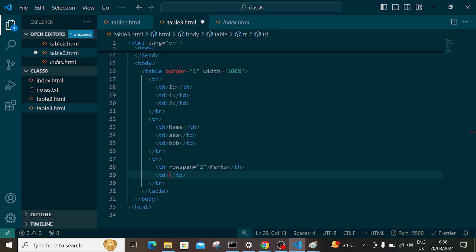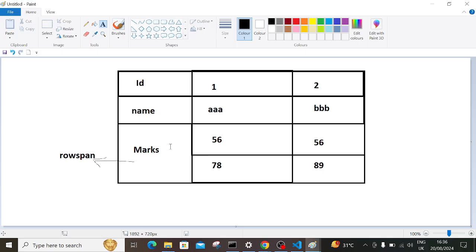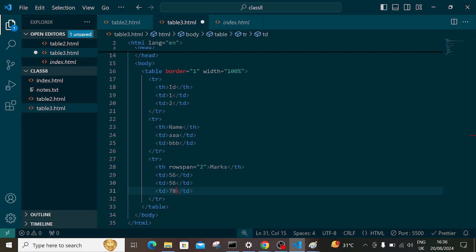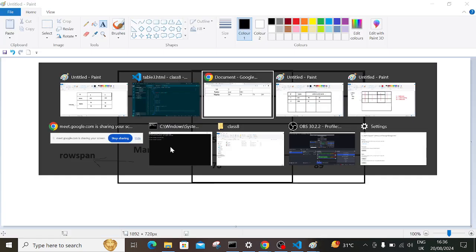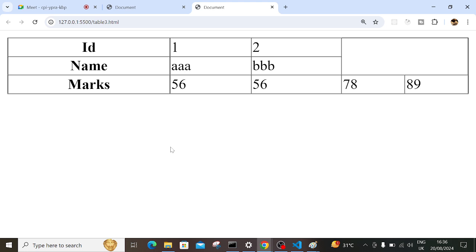Some 56, right? And again TD. Something is missing, right? Yeah, so